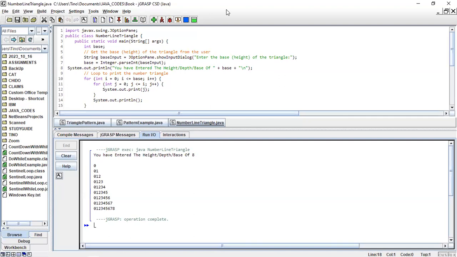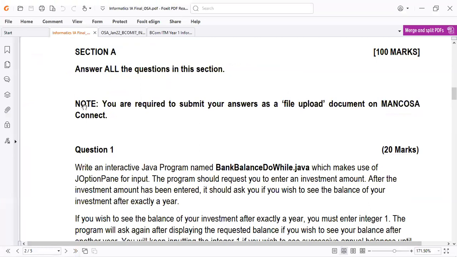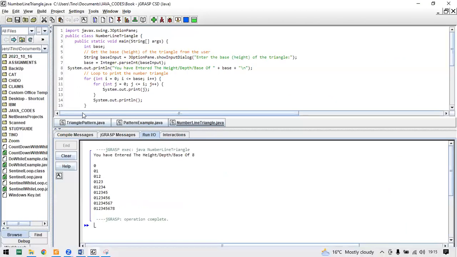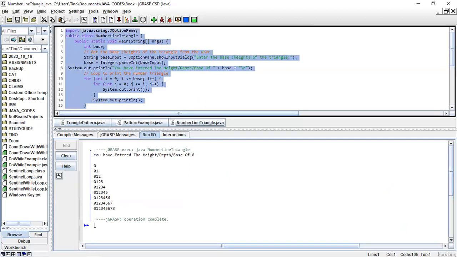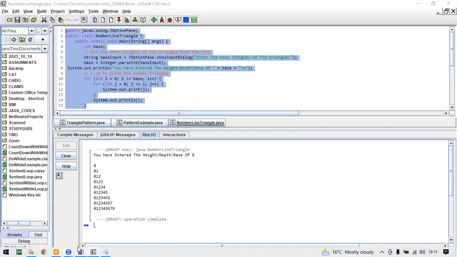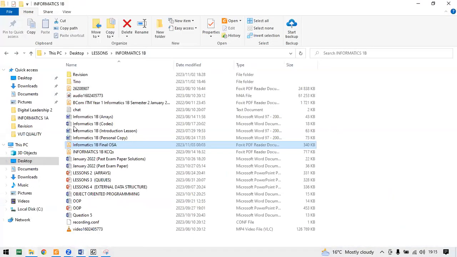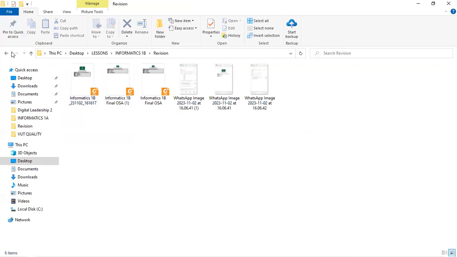On your portal, in some cases, they will provide you. Remember, if you read this part, note you are required to submit your answers as a file upload document on Mancosa Connect. So what it means is you have your Word on your side, right? And you have your jGRASP, your coding. So you write all your code here, then you copy it as it is like this. Let me open the one where we have answers that we're going to use.